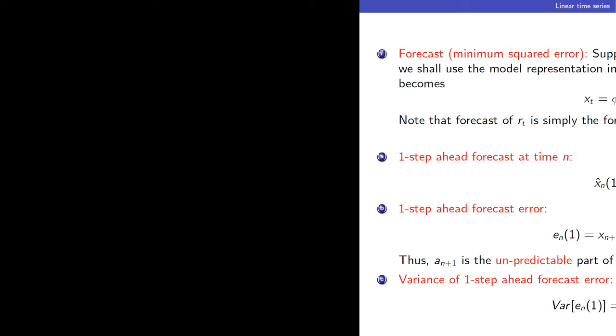So if we go for a one-step forecast at our origin n, this x_n(1) would be phi sub 1 times x_n, and the error, we will call it e_n(1), will be x_{n+1} minus x_n(1),